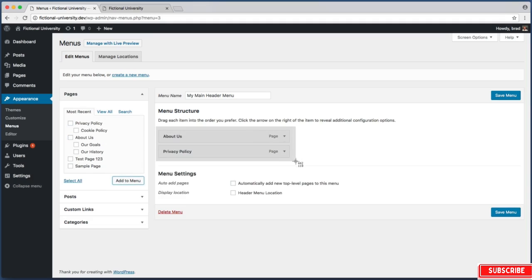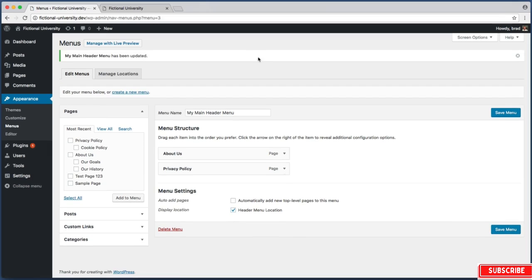Now the important part down here is under Menu Settings we see Display Location, and you want to be sure to check the checkbox that you're interested in. So we only have the one location so far. So then click Save Menu, and now all we need to do is jump back into our header.php file